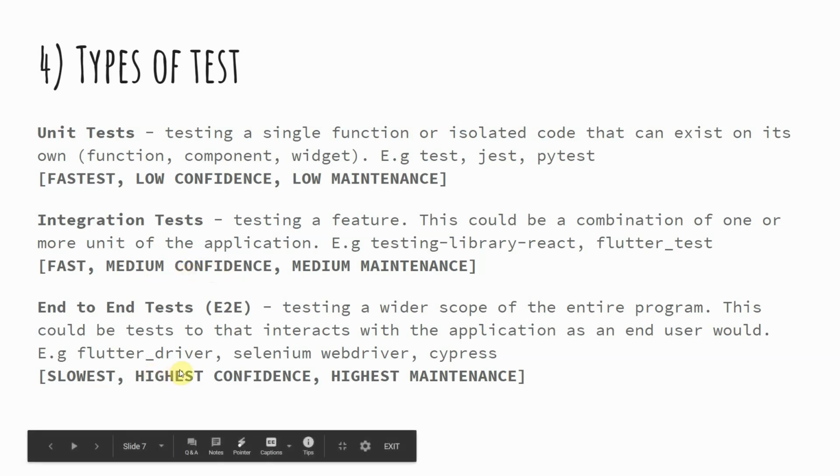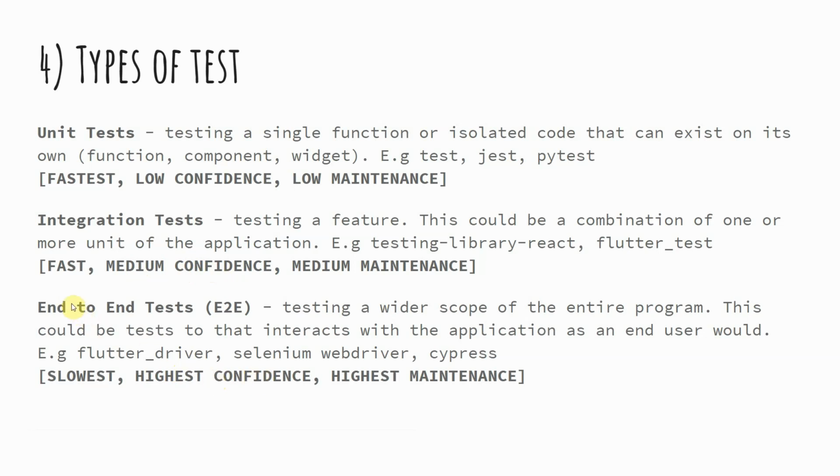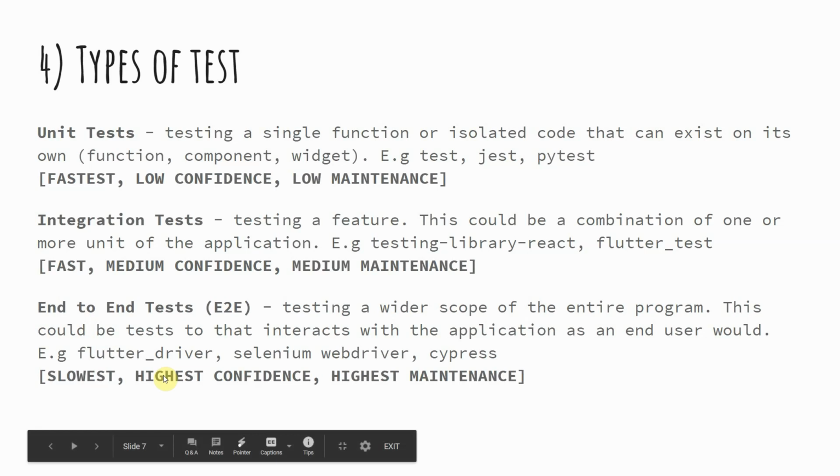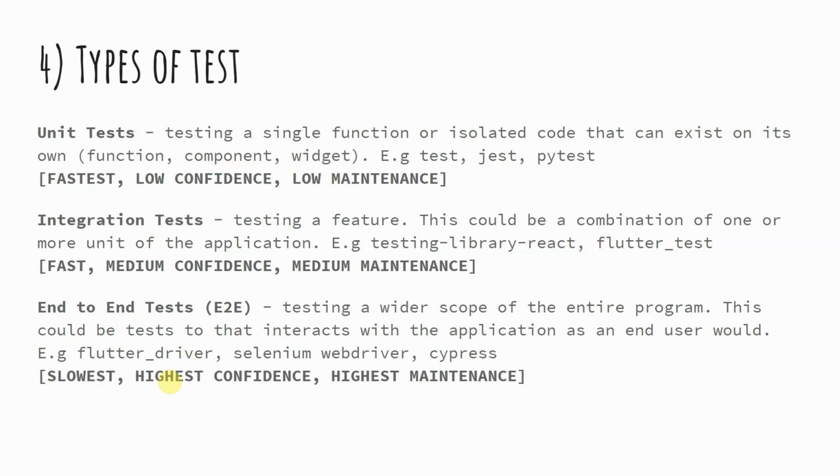Then you also have highest confidence here, whereby you are now doing an end-to-end test in which you log in, the user interacts with the text box, fills in lowercase characters, clicks on the submit button, and the user gets the dialog saying you have successfully converted these lowercase characters to uppercase characters. Now you have highest confidence because you are testing your application as a complete pack. You are testing every single interaction whereby your end users would be using, or how your end users would actually be using this